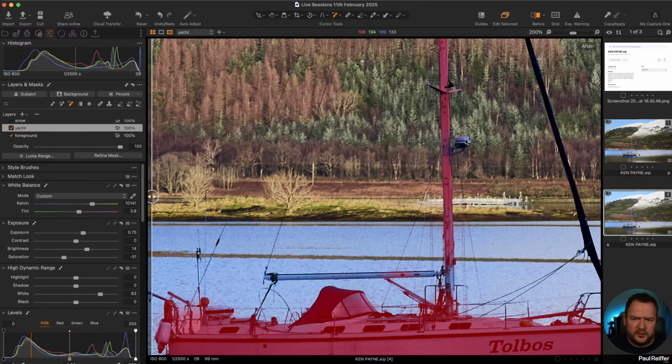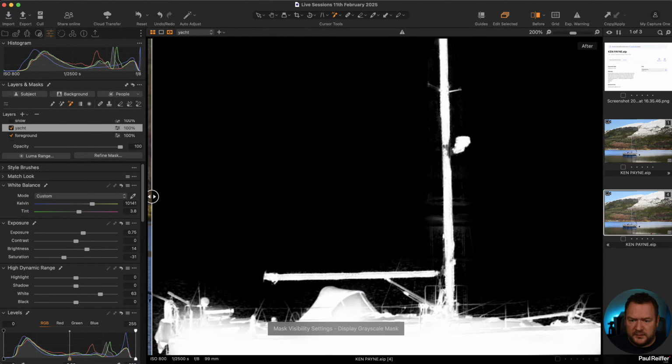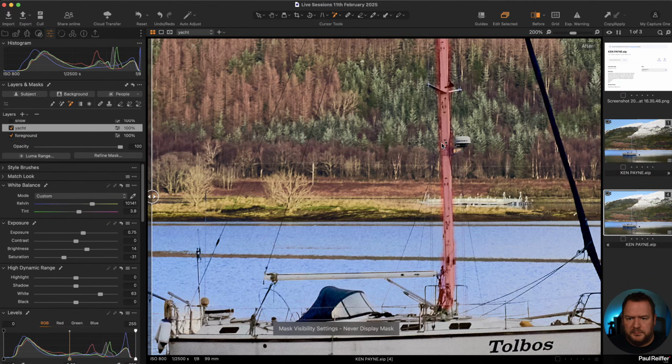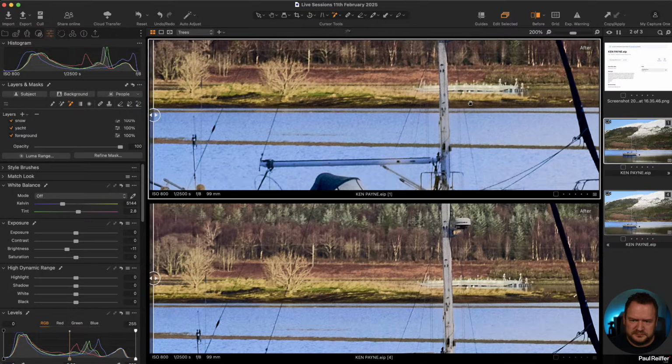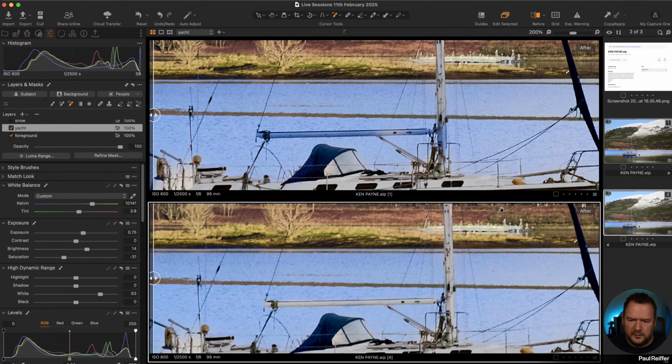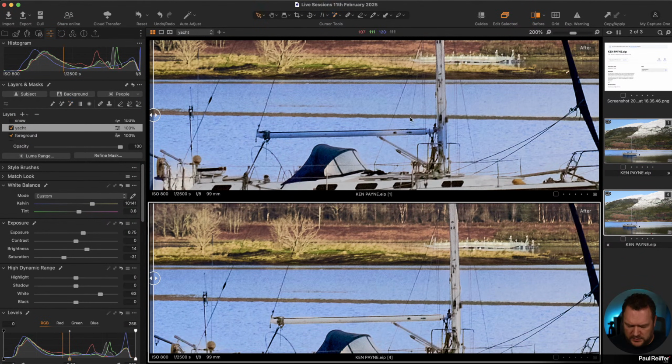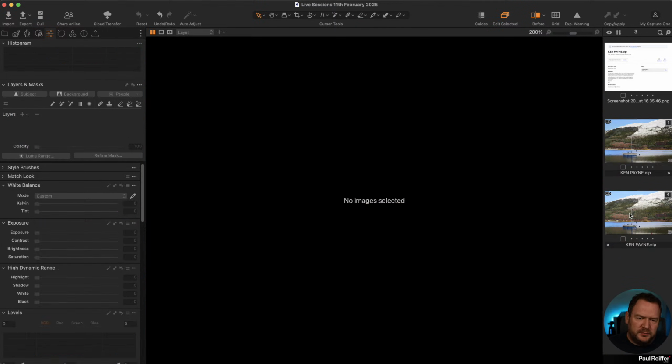And to do that, I'm going to just use the AI mask again. So let's just see if we can get that bit and all of that and all of that masked. Masking masks. That's very confusing. There we go. So this isn't perfect, but it is better. If I look at before versus after. So that's our original mask, and this is our corrected one. You know, it's just not great.